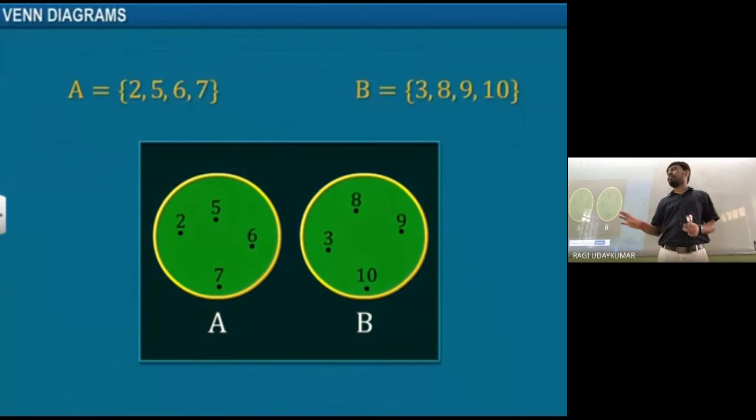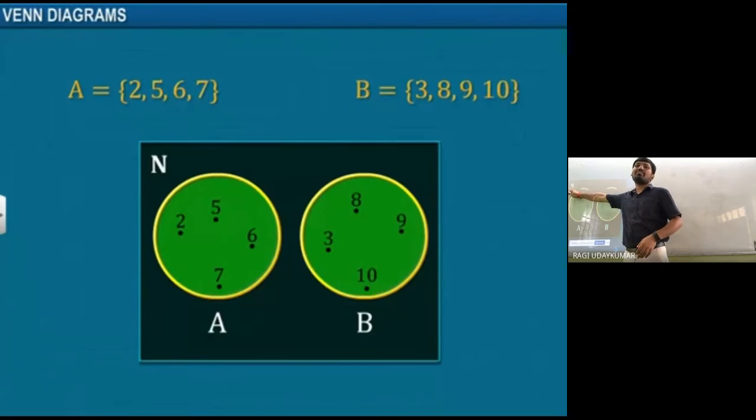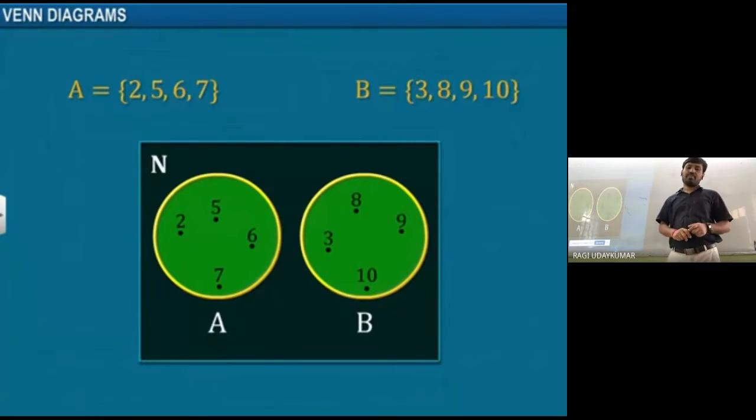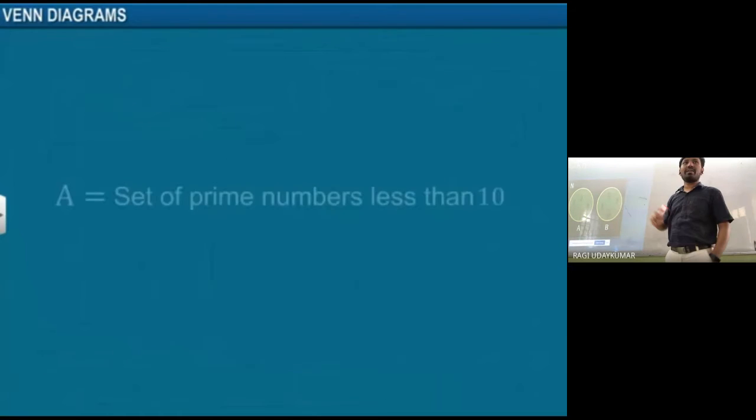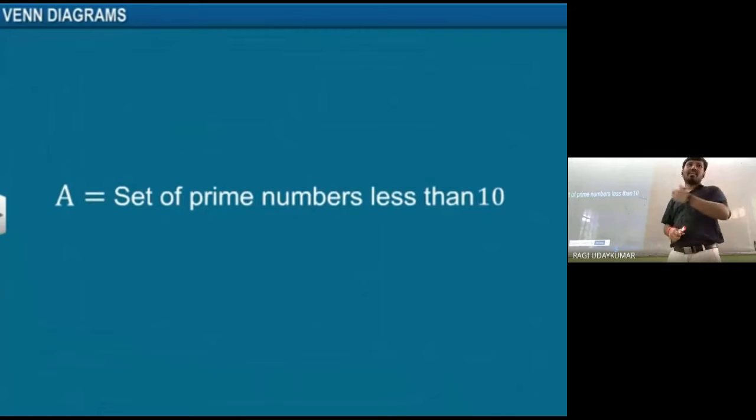Rectangle, and that rectangular shape is called the universal set. It should be considered as the universal set. Here, if the natural number set is taken into consideration, then the set of natural numbers is the universal set in this situation. So remaining numbers outside, क्या होगा? Outside में क्या numbers रहेगा? Other than the numbers in A and B will be present in it.